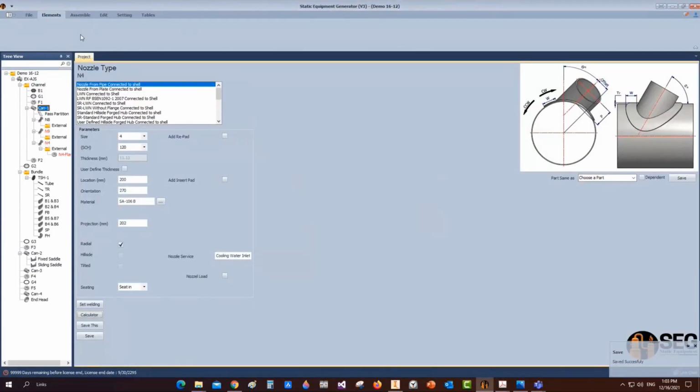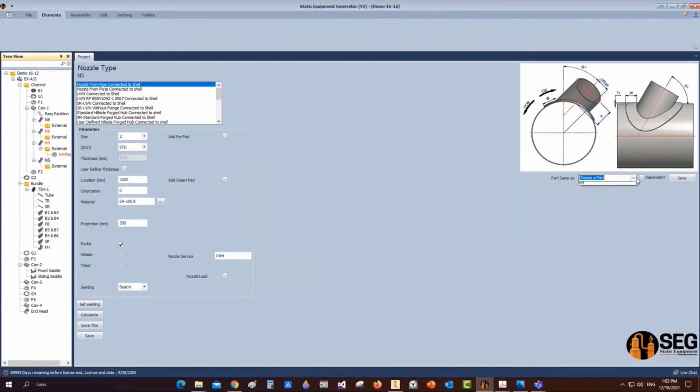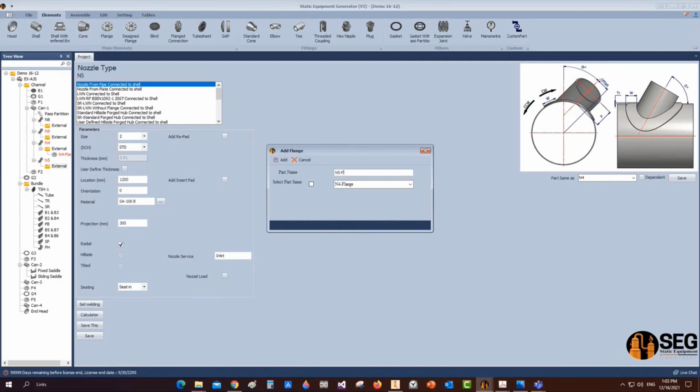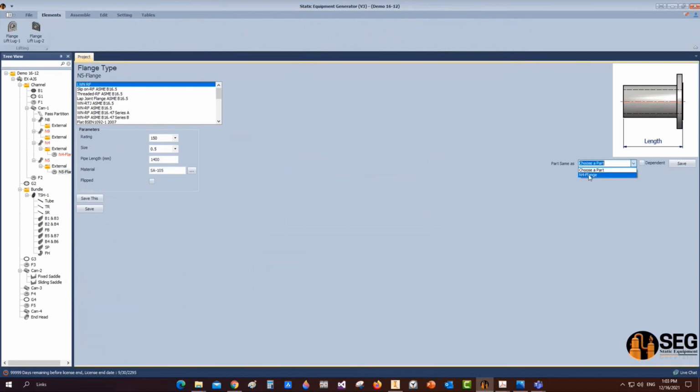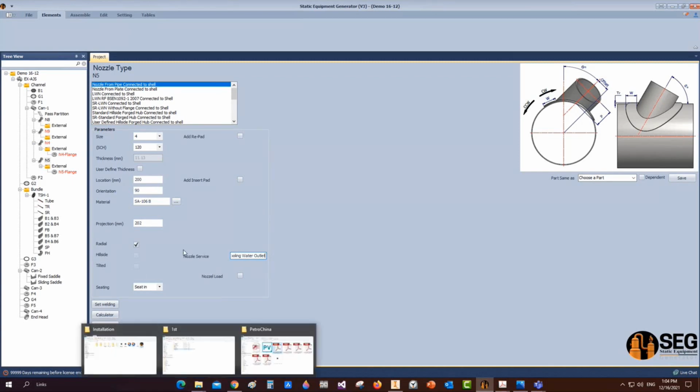Now let's add another nozzle, which is N5. So from here, let's add N5 and click save. And from N5 here, we will make it look like N4, to avoid repeating data again. And from here, let's add another flange, which is N5 flange, and click save. And from here, we will make it look like N4 flange, and click save. And for N5, we will change the orientation of this nozzle. So we'll make the orientation 90 degrees and the service of the nozzle outlet. And let's click on